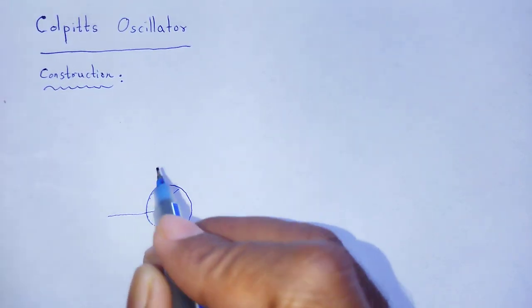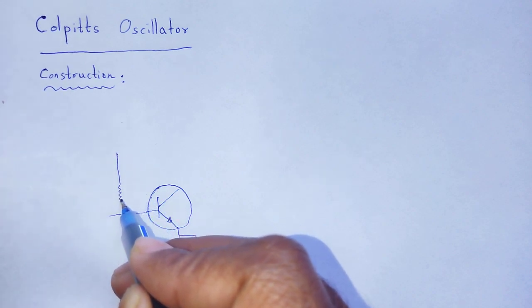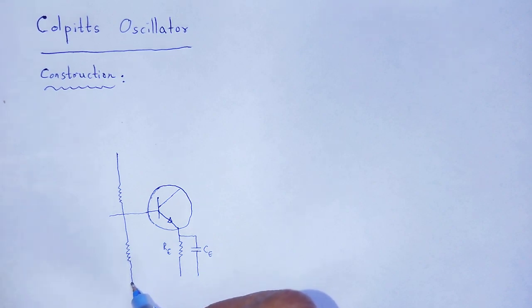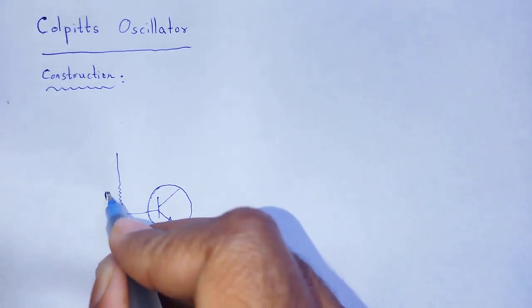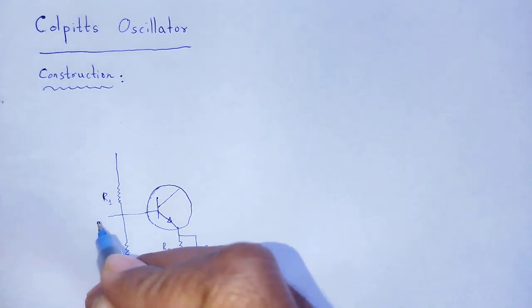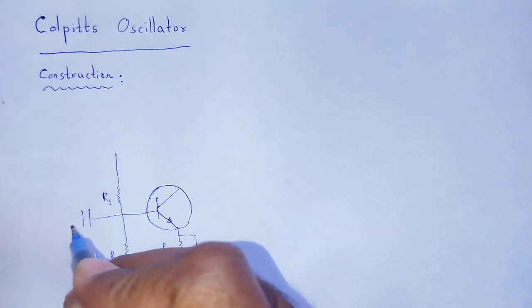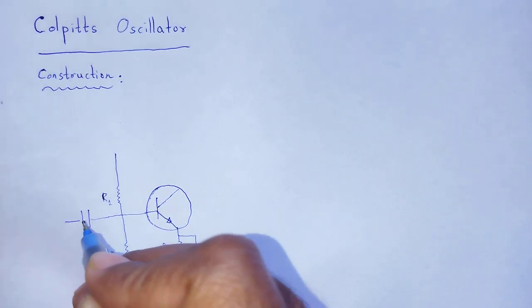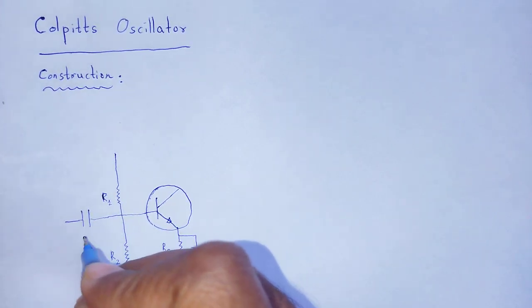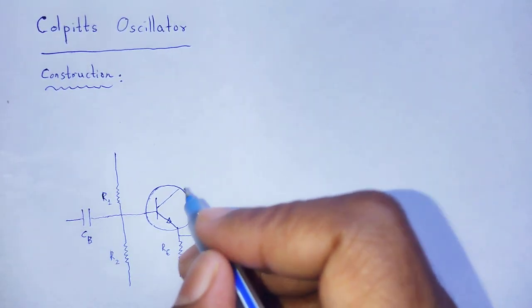At base, R1, R2, a capacitor, and at base CB. At collector,